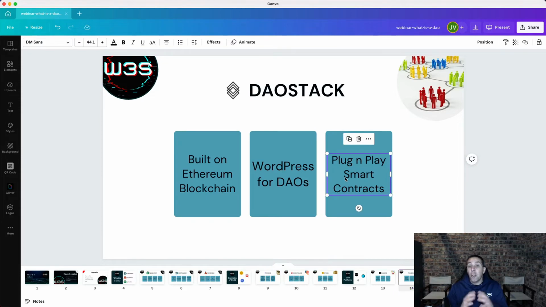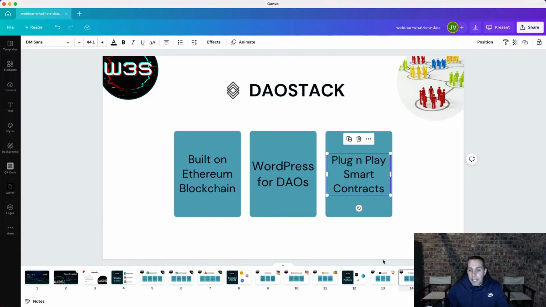What I like, though, is they've got a lot of plug-and-play smart contracts as well. Remember earlier I said that before all these DAO platforms, developers would design these smart contracts that would determine the outcomes of a DAO based on voting. Now, in DAOstack, there's a whole bunch of these smart contracts that are quite generic when it comes to decision making and running organizations, corporations, businesses or communities. And these contracts have already been created and can be deployed to your DAO on DAOstack. It is very, very powerful.